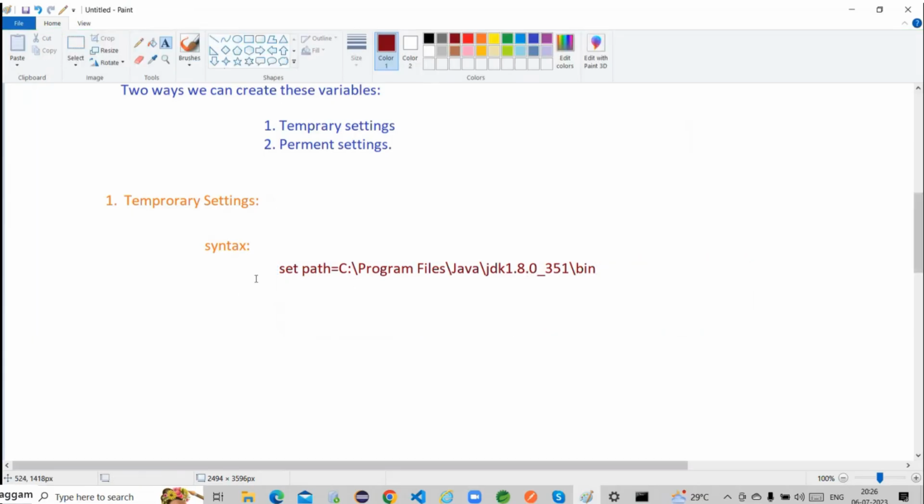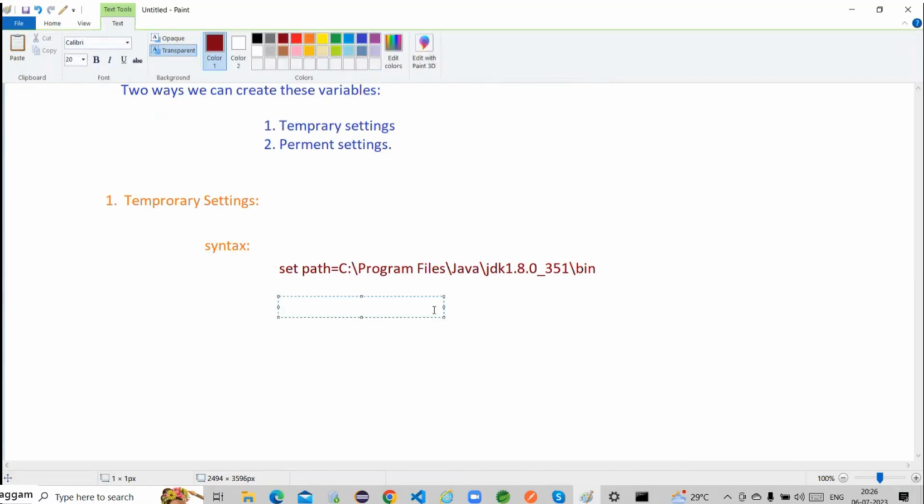Whenever we provide it like this, we have created an environment variable within this operating system. Got it right? Are things getting clear? So the syntax is set path equal to,